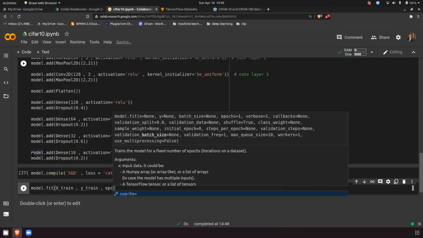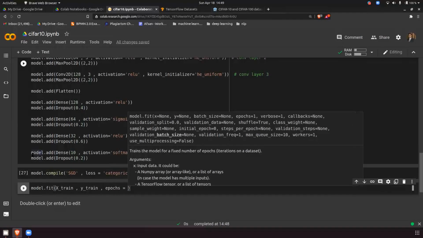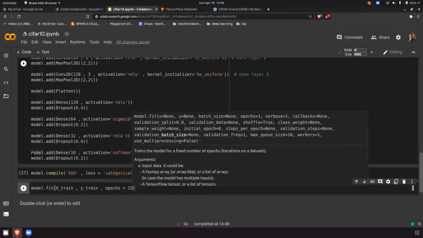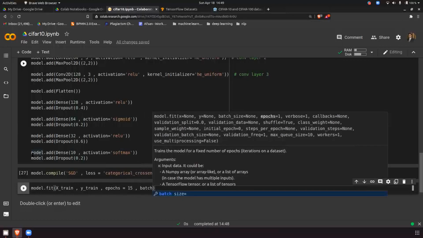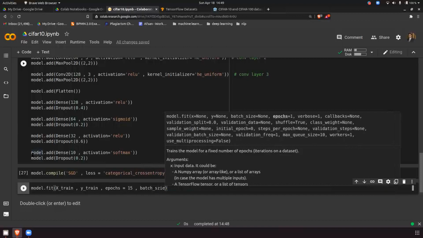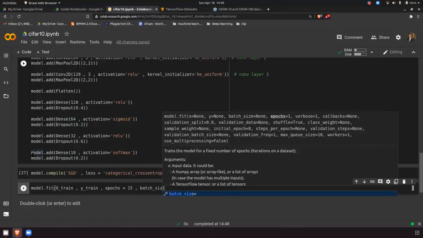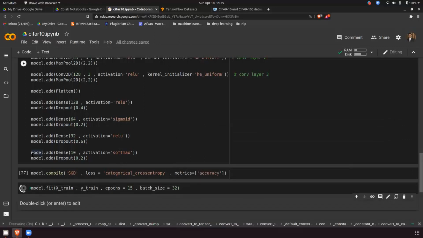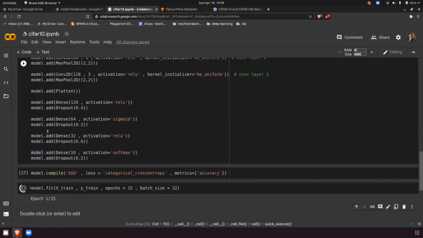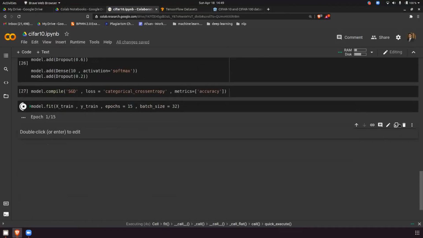Then epochs you have to decide. So we go with 15, and then batch size of 32. And if I execute this, let's see if any error is coming. So it's getting executed.